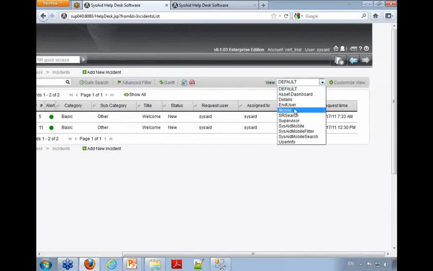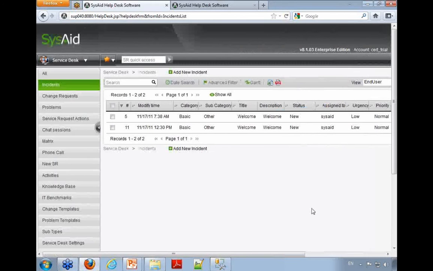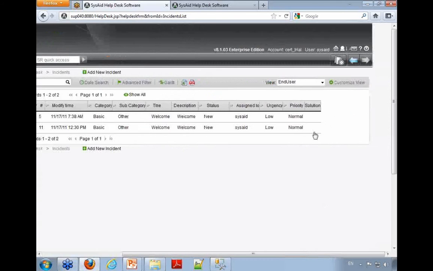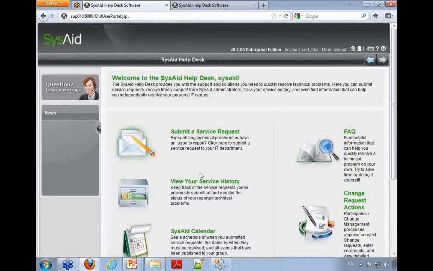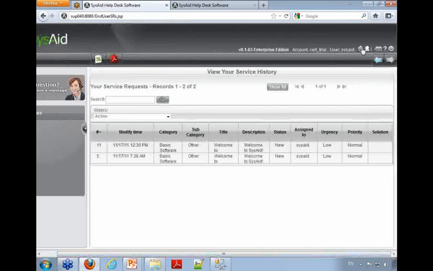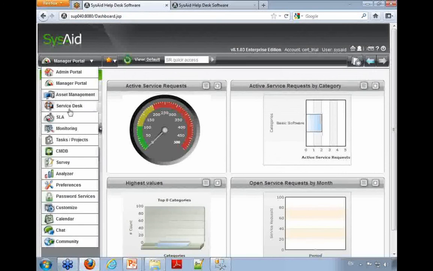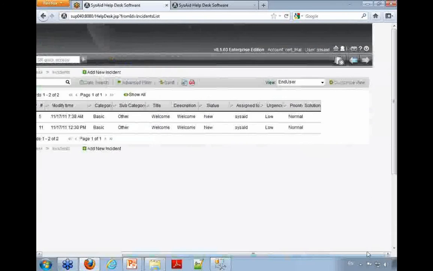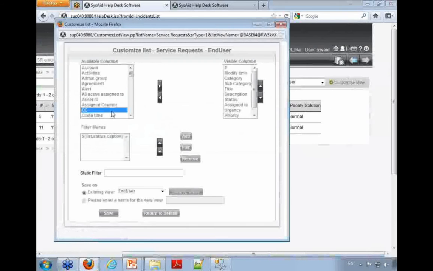A couple more things that list views are affecting. You can see that we have a view named end user and we have a view named supervisor. Those two views affect which columns and fields the end user is going to see when they go to the end user portal to see their service request history. So if you want to add more things, for example, in my case here, I have two service requests. I don't see the location of them. But if I add the location to the end user view,